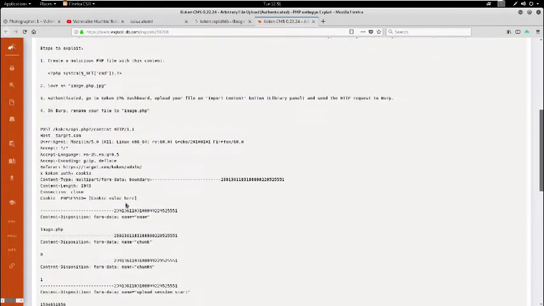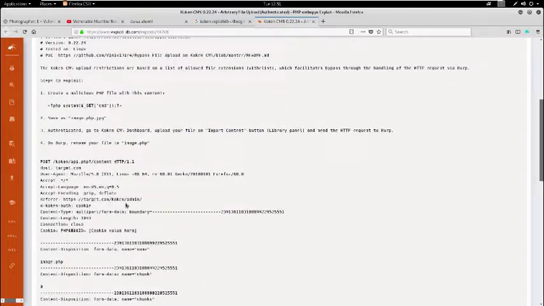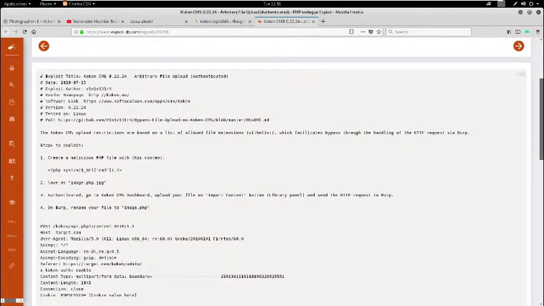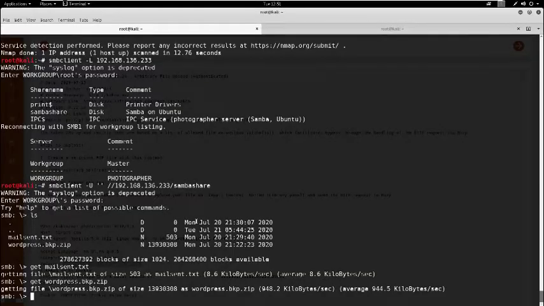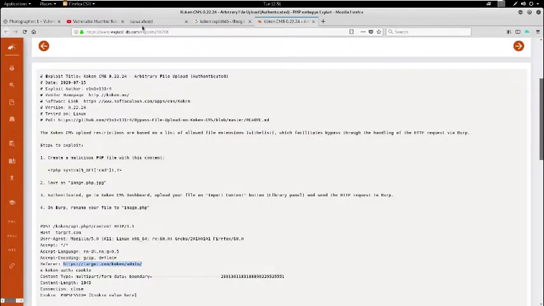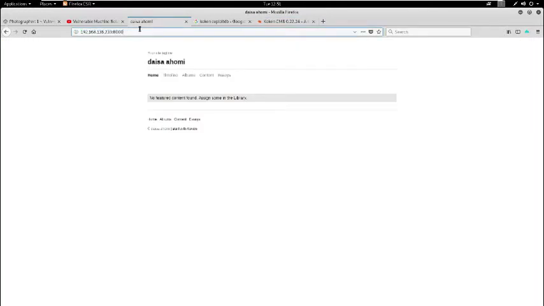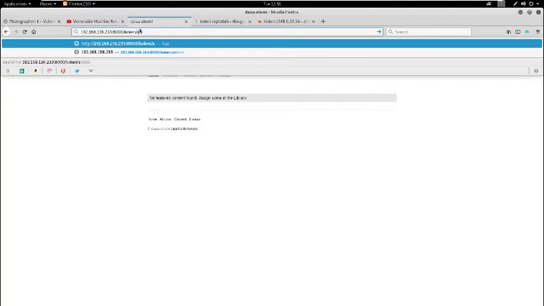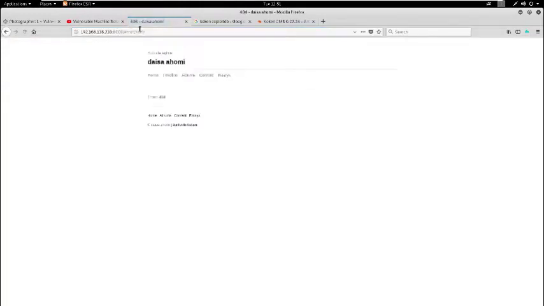So in this file, when you read about it, here you will get to know there's an admin page by which you can log in on the website, right? So now I'm going to log in to the website, that is the Daisa Ahomi site, and that is Koken admin.